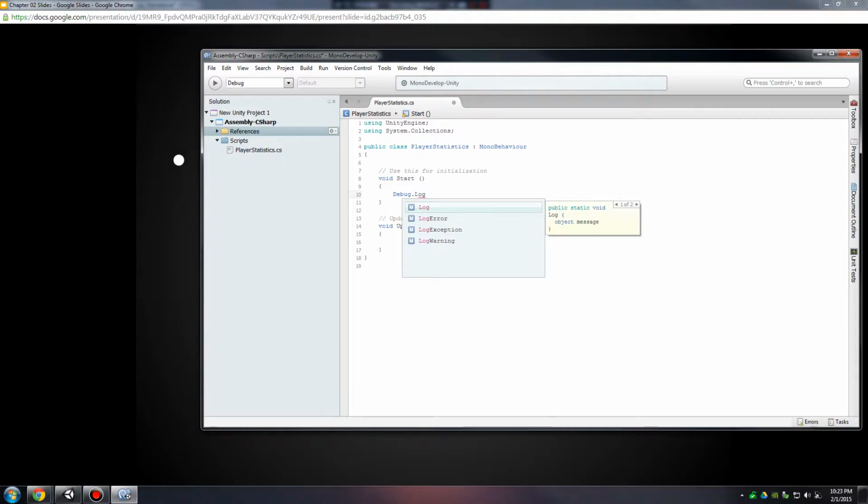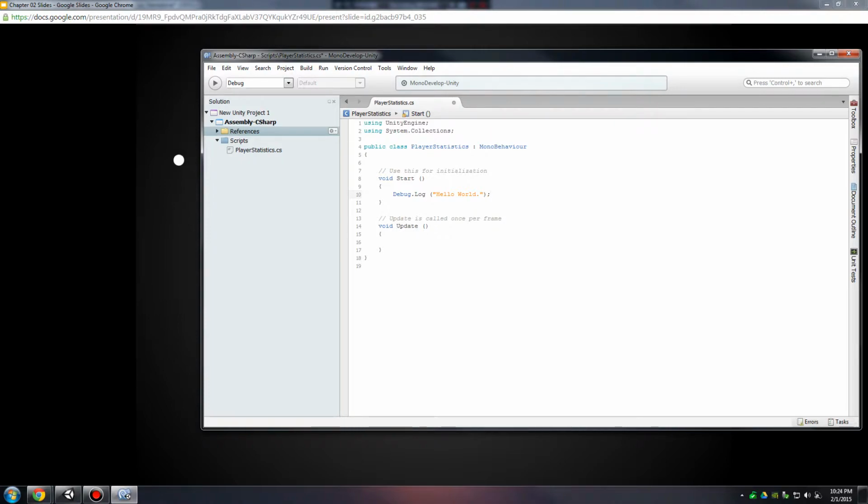Alright, so we write debug.log, and you'll notice how the IDE is bringing up all this auto-completion stuff. That's because debug.log is a function inside of Unity that is already preloaded. Unity knows what's going on, and it just makes scripting a lot easier. And we'll hit parentheses, and let's say we want to write hello world. That is the most basic first line of code that every programmer learns how to code. So I'm going to do a parentheses, do a quotation mark, and just write hello world. I'll close it with another parentheses and use the semicolon to terminate this line, meaning I'm done with this line